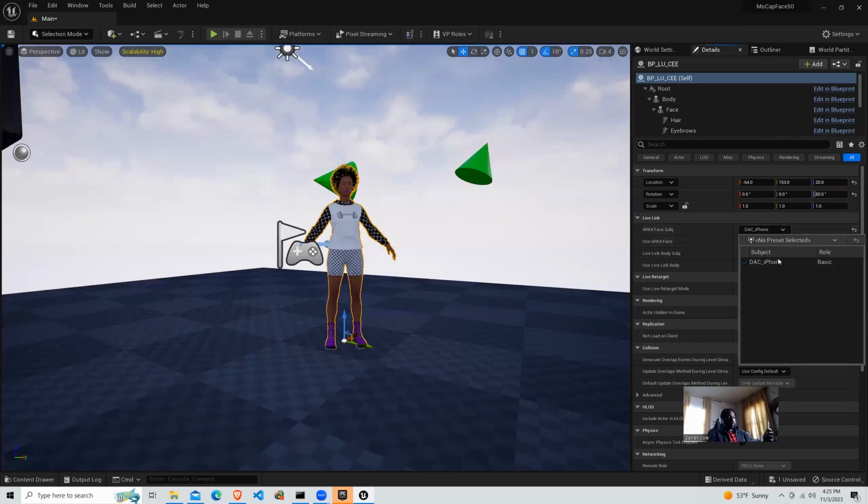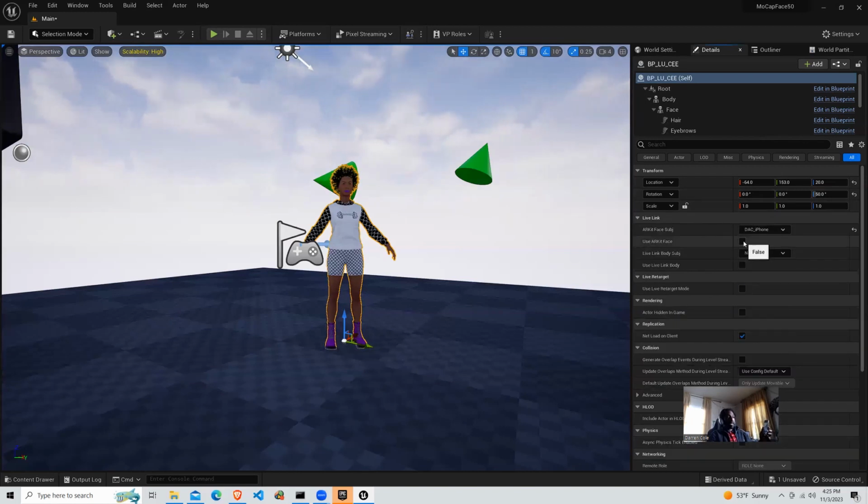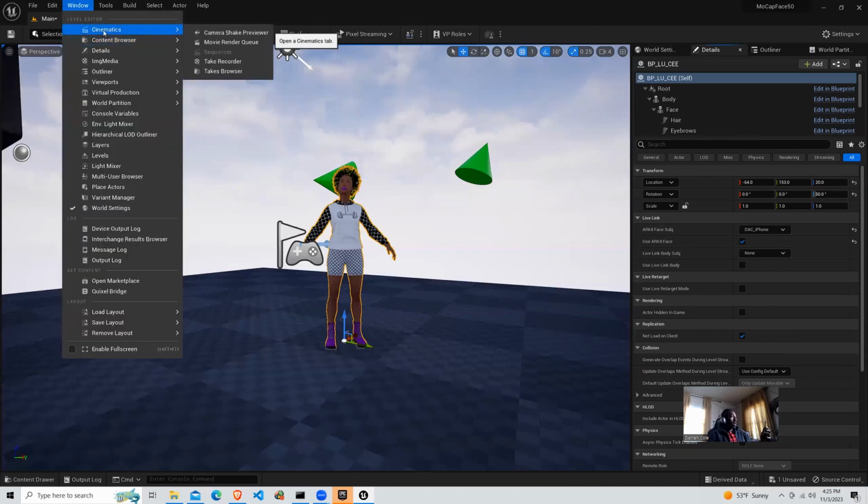And then we would select our phone because our phone is broadcasting on the same IP address. So it's going to show your phone immediately. And then you just need to click Use ARKit Face, make sure that's checked. And now you're running. And then if we go to Windows, Cinematics,